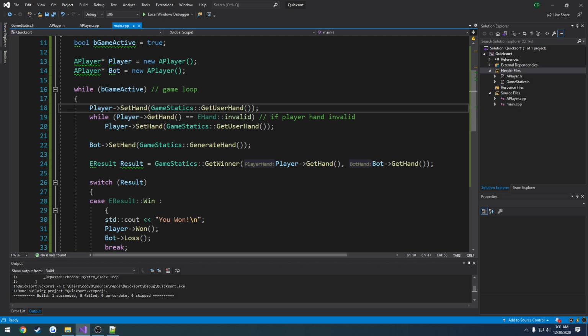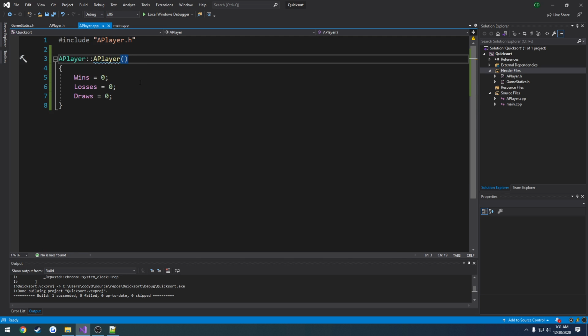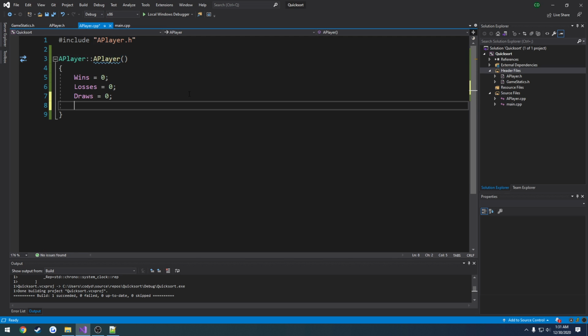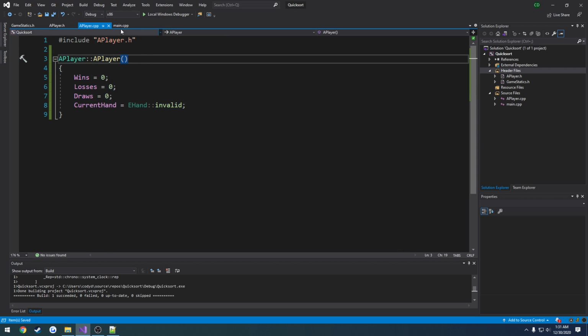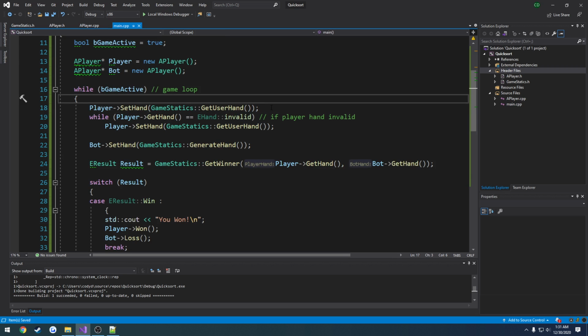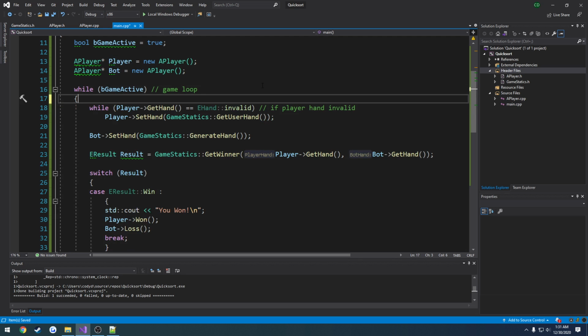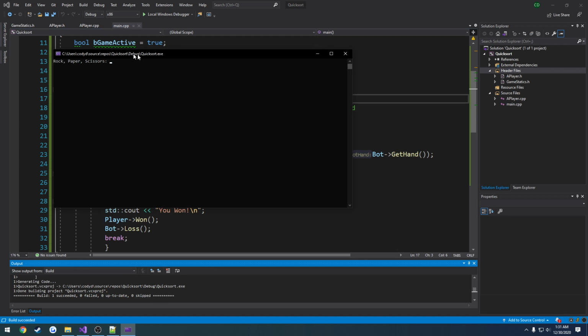So we can also simplify this a little bit better. So in the constructor of a player, we're going to do current hand equals eHand invalid. So we're going to set it to invalid by default. Then what we're going to do is, we're already getting the hand while it's invalid. We're just going to get rid of this top line, and it's going to work the same because it's already invalid. So it's going to ask us,